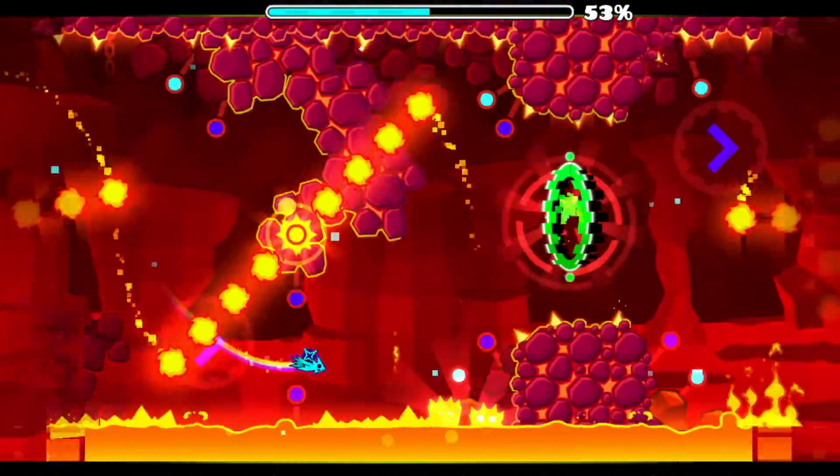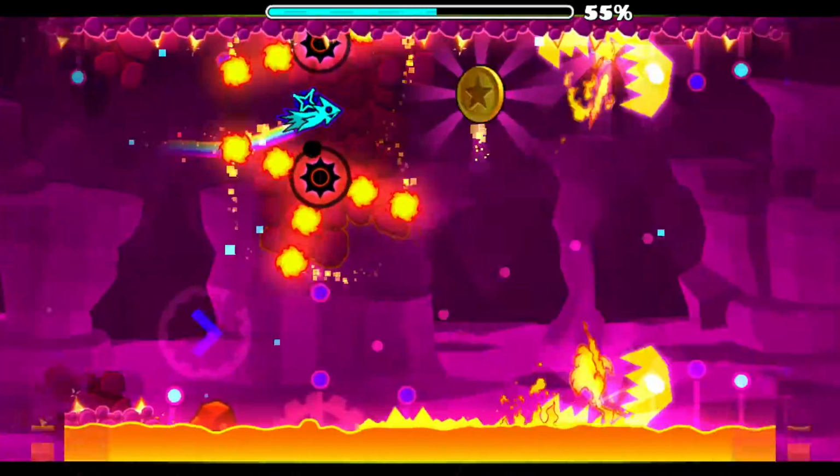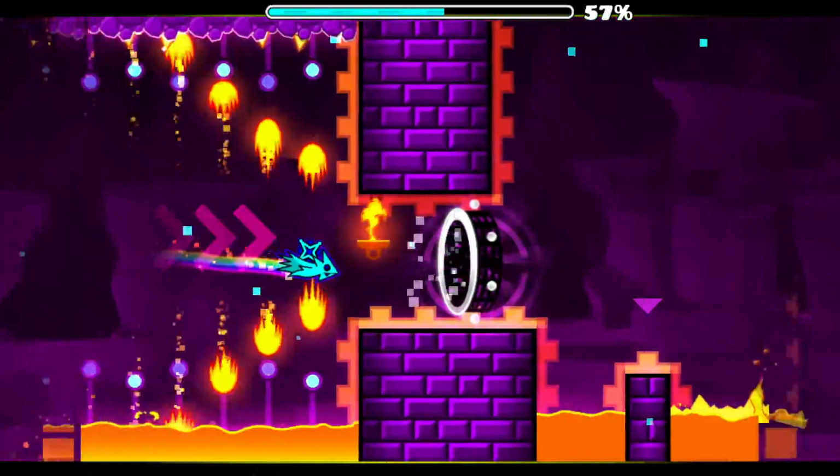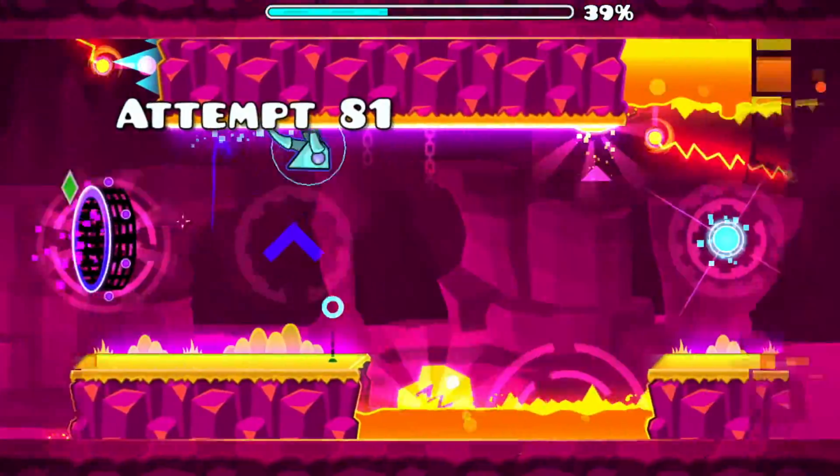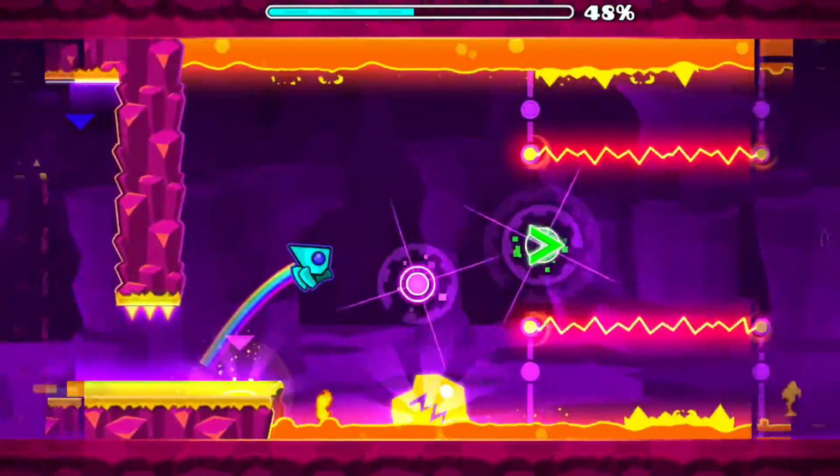So these are rotating fire orbs. There's lava at the bottom. Here's the first coin right here, and then you just straight fly through all those fireballs. Let me just head back there again. Hold on, I'll see you guys when I get there. Okay, that wasn't too bad.